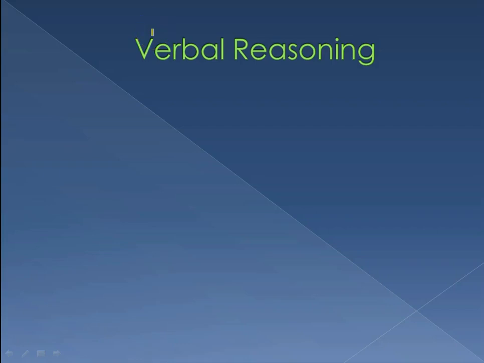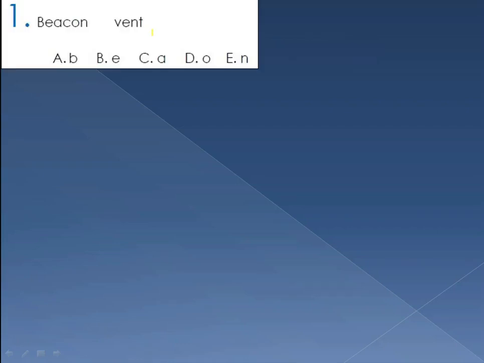Now we're going to move on to the verbal reasoning section. So the first one, it says you have to move one letter from the first word and move it to the second word to make a new word, but the two of them have to end up both meaning two new words. So you have to take a letter from this word, and it's all really about this, is trial